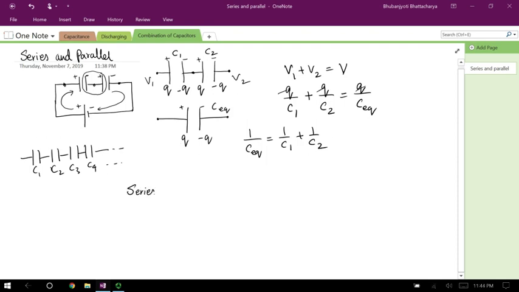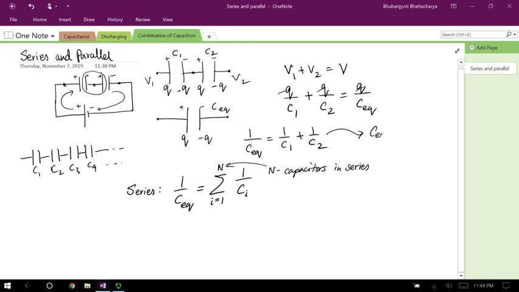So for the series situation, 1 over C equivalent is equal to the sum over i equals 1 through n of 1 over Ci for n capacitors in series. Okay, so that is the formula. And in fact, for the two situation, this looks like C equivalent is equal to C1 C2 divided by C1